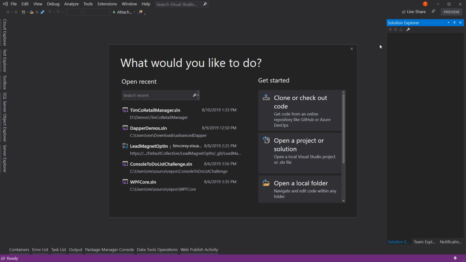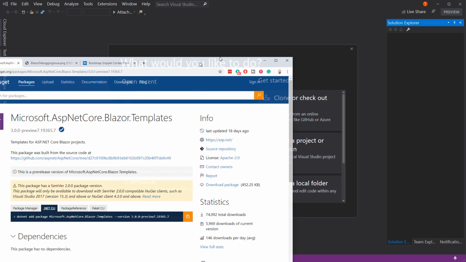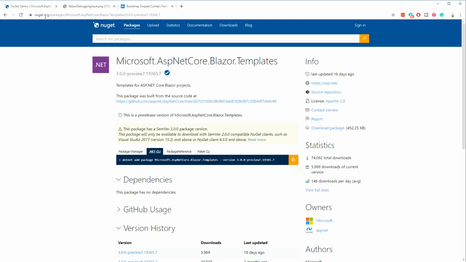There's more you have to do because Blazor is, like I said, really cutting edge. So you could go to extensions and try to install it, which I did, but that didn't give me the templates that I needed. So instead, what you need to do is go to this page, and I'll link this down in the description. But it's to NuGet, you're looking for the